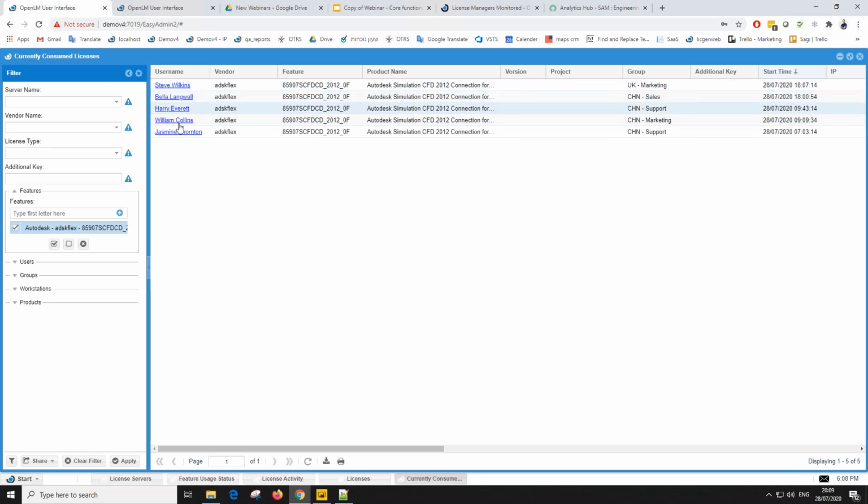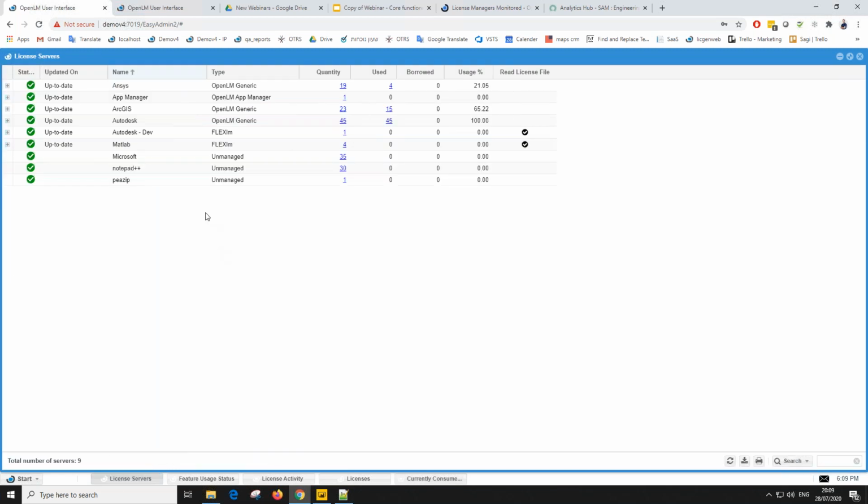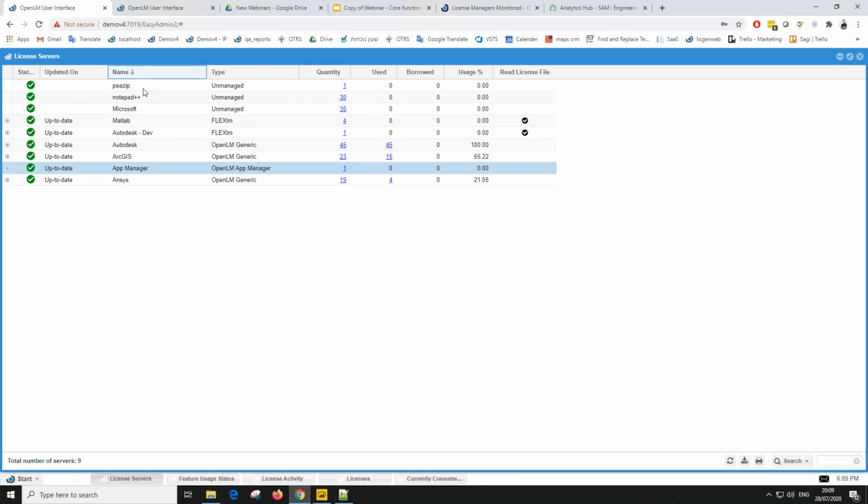Now, know that for these users, you get their groups, their details, credentials, everything can be synced up from Active Directory. Some of these users may be stakeholders. You can give them permission to access this interface and you decide what they see. So going back to the license servers here, which show me current activity,